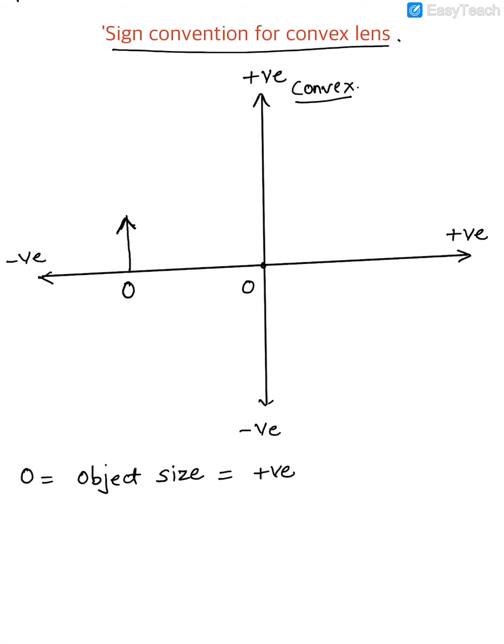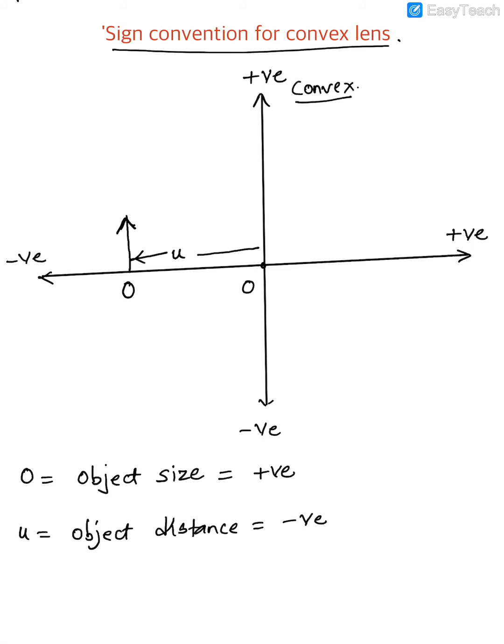Then how do you measure the distance of the object from the lens? So U is the distance of the object. Again notice, in what direction are we moving? Always the measurement starts from the O. So from O you will move this way towards the object. Since you're going towards the left, and left is what? Negative. So I'll write that U is equal to the object distance, which is always negative, because it is going towards the left.